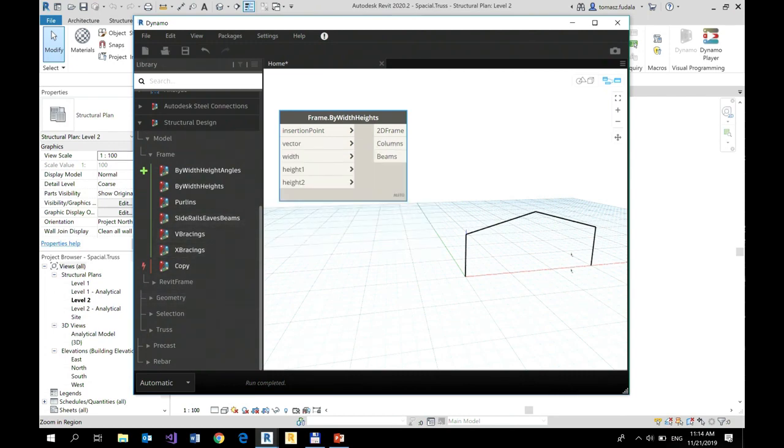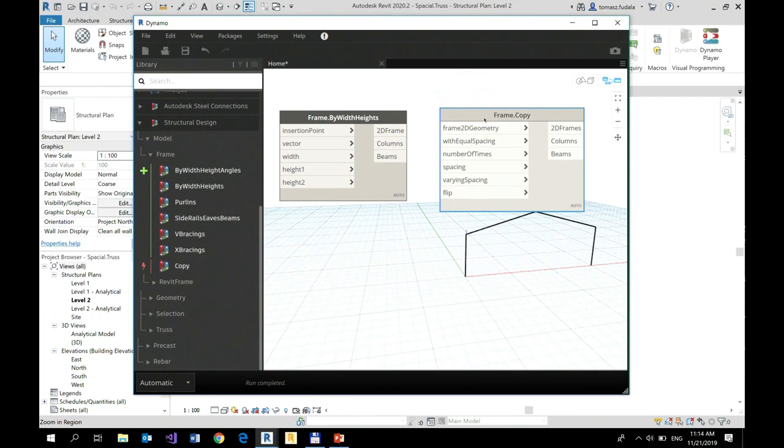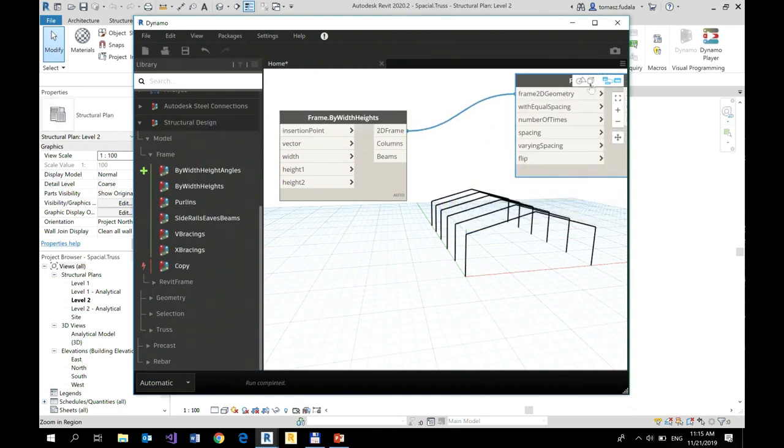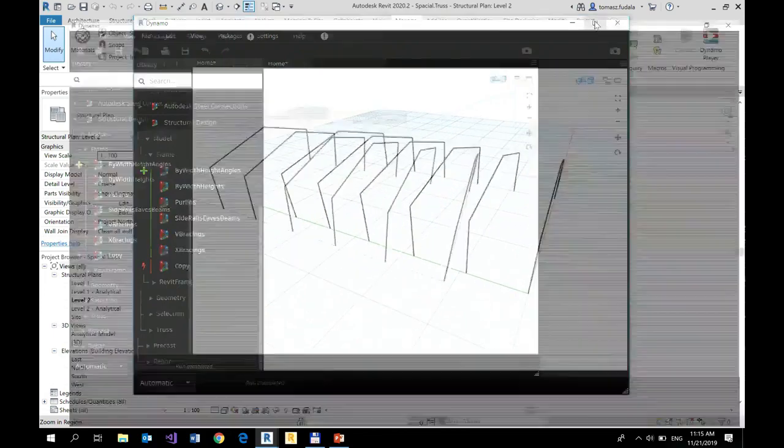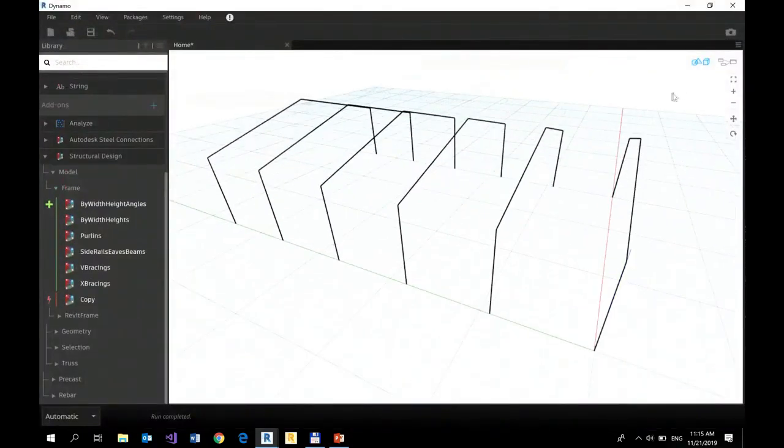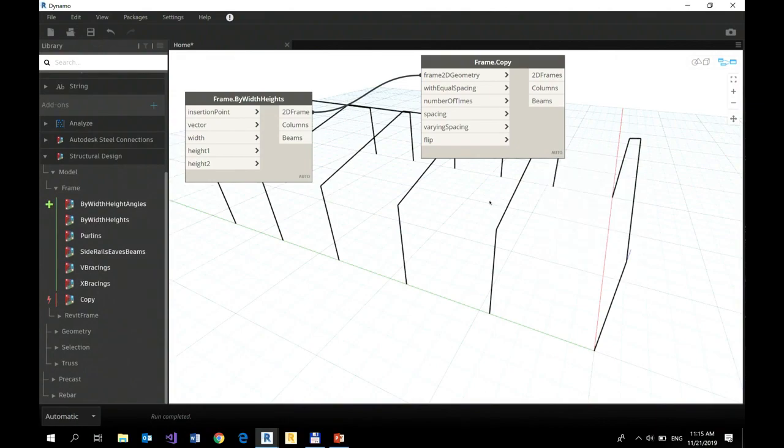Of course, we need to usually copy such a frame. So connecting output from the first node to the frame with this input, I'm getting what I was looking for, right? Now it's time to have